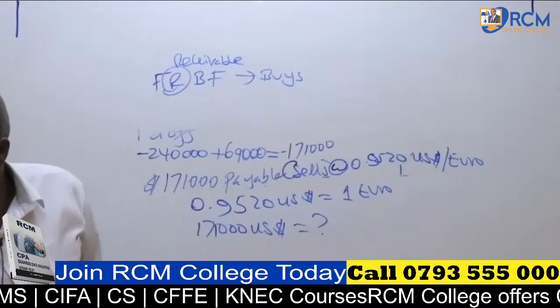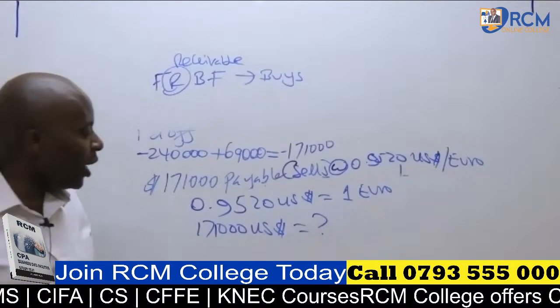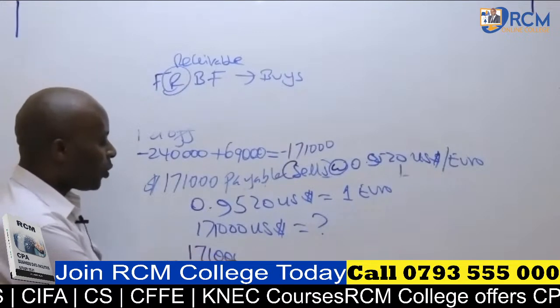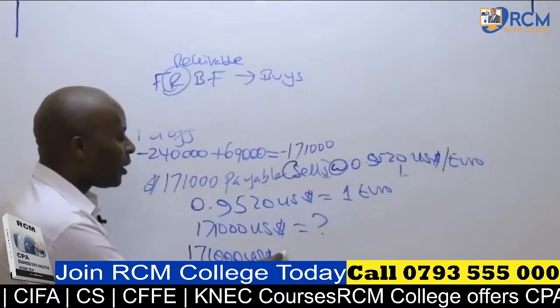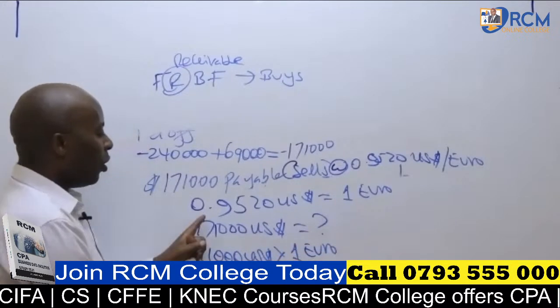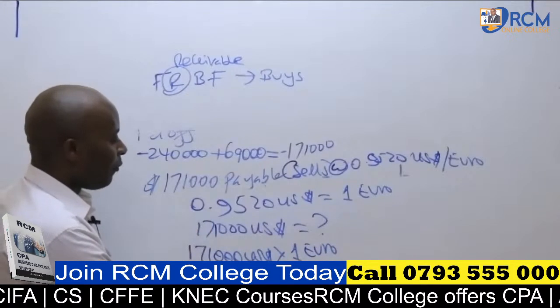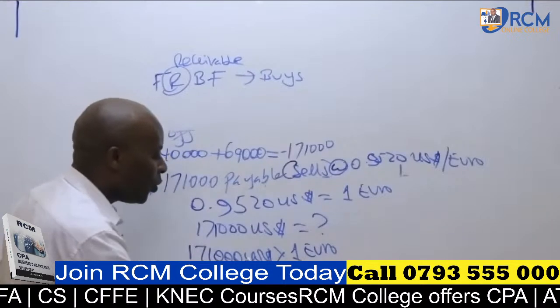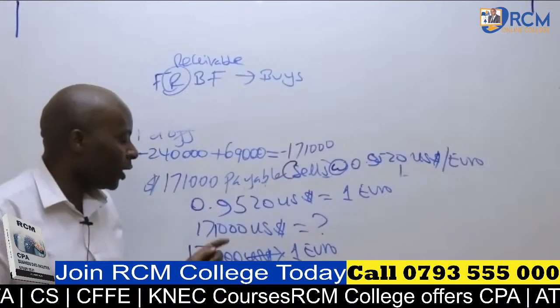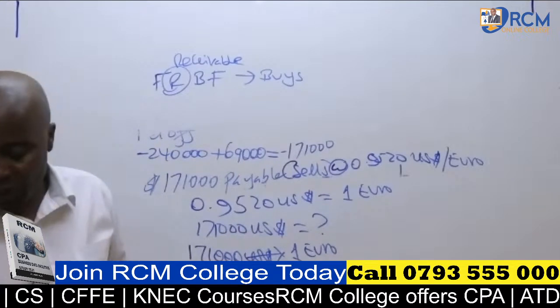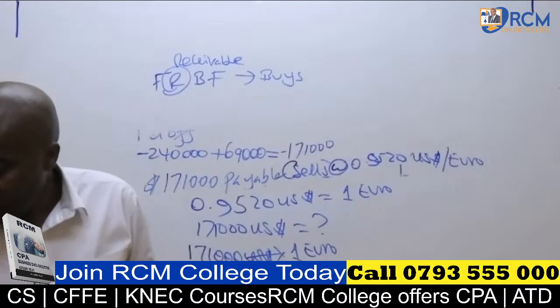So kwa furaha, ebu cross multiply kwa furaha. Tuko na 171,000 US dollar times 1 euro all over 0.9520 US dollar. I can see the US dollar cancelling out, so that the final answer will be in form of what here? Euros, of which I can see some students already have given me a figure,